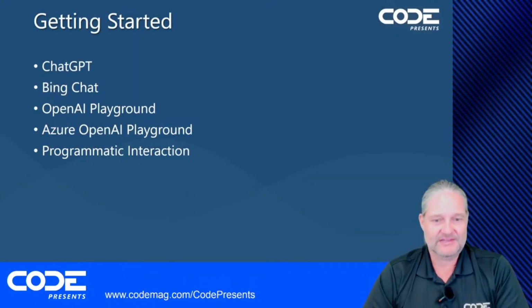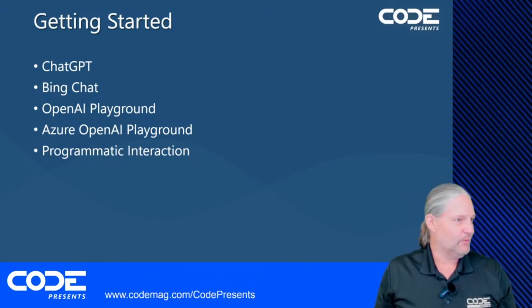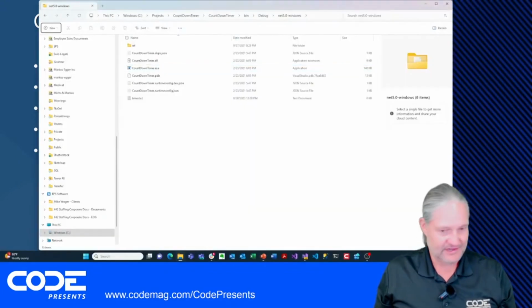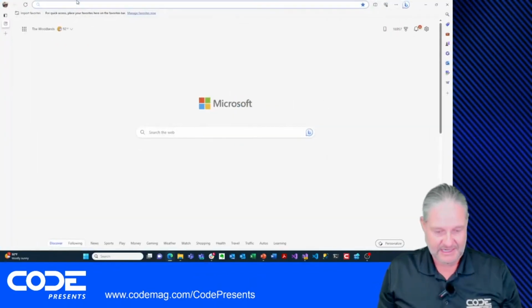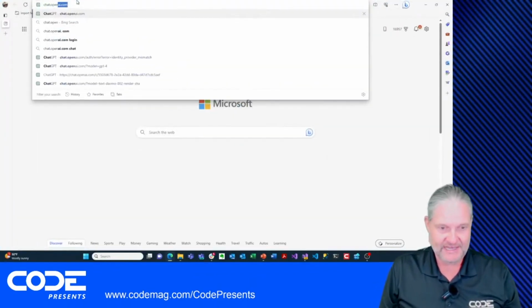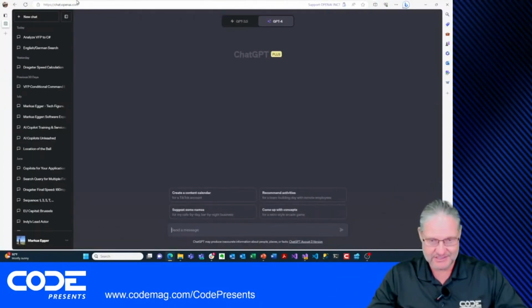How do we get started with that? Well, one of the simplest things is to fire up a web browser. And I'm gonna fire up Edge here. And I'm gonna go to chat.openai.com. So I'm sure a lot of you have tried this, and I'm not even gonna spend a whole lot